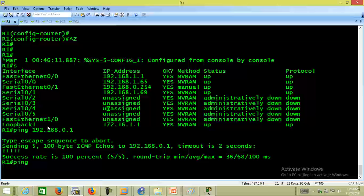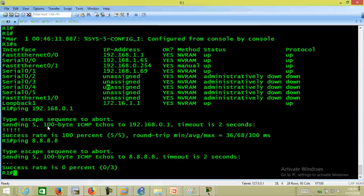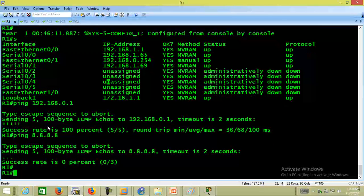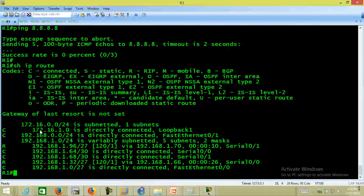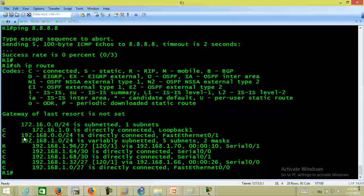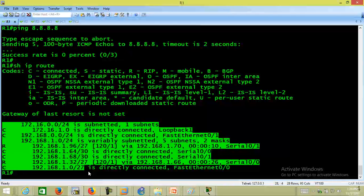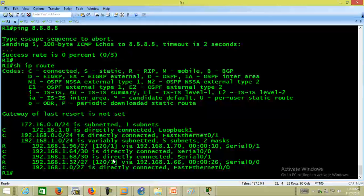I try to ping 8.8.8.8, we can never reach that, right? I can even abort. And we know by now the reason why: routers, before they can forward packets to any destination, have to consult the routing table, and in the routing table there is nothing for 8.8.8.8. So when I ping 8.8.8.8, the packets are getting dropped because the router doesn't know where to